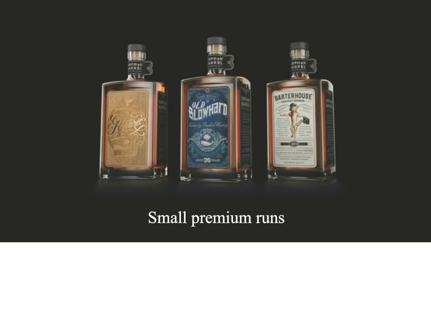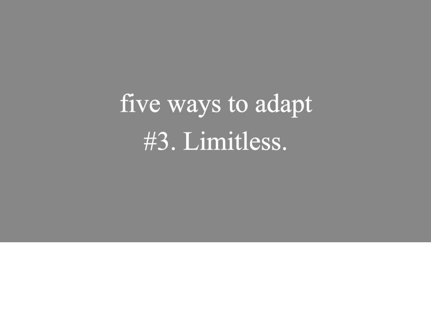It can also be, in specificness, about small premium runs of a product. These Alphen Barrel spirits from Diageo are tiny runs of almost what's left after everything else has been done. So they're just for the connoisseurs. So they're small runs made to look very, very premium and use digital printing along with analog finishing to create some really spectacular packaging and using design and digital print as a creative tool.